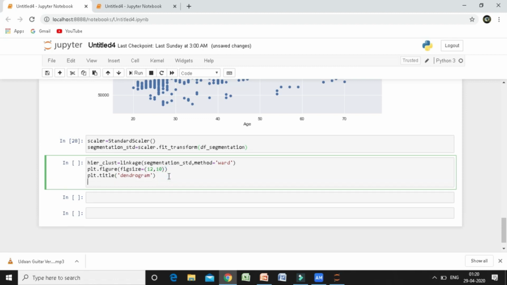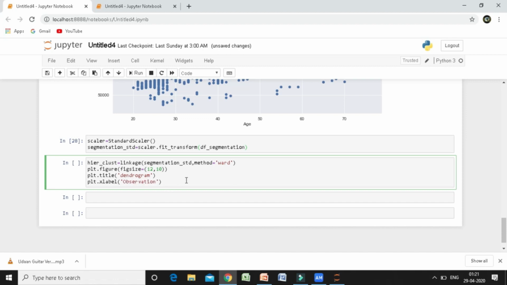Great. Now we will label our x-axis. Now what is our x-axis? So in x-axis we will take all the observations, all the 2000 observations. So plt x label, let's call it observation.